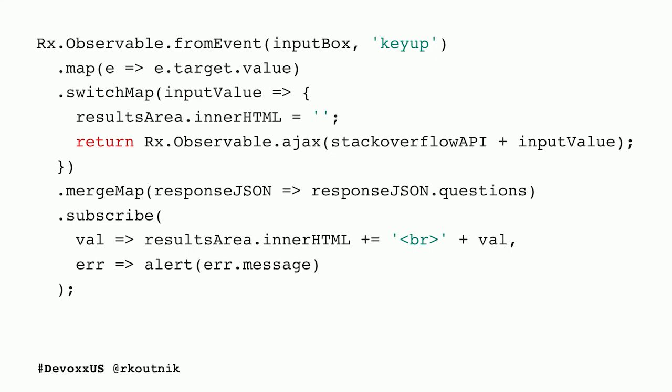SwitchMap is a special kind of MergeMap. It's a tricksy function, because this one is returning an observable. So you remember the whole, type AB, type ABC, and all of a sudden ABC comes back. What MergeMap does is says, all right, we're going to fire off a request. We'll type AB, and that request is in flight. We haven't heard back from it yet, but we got a new value. We got ABC.